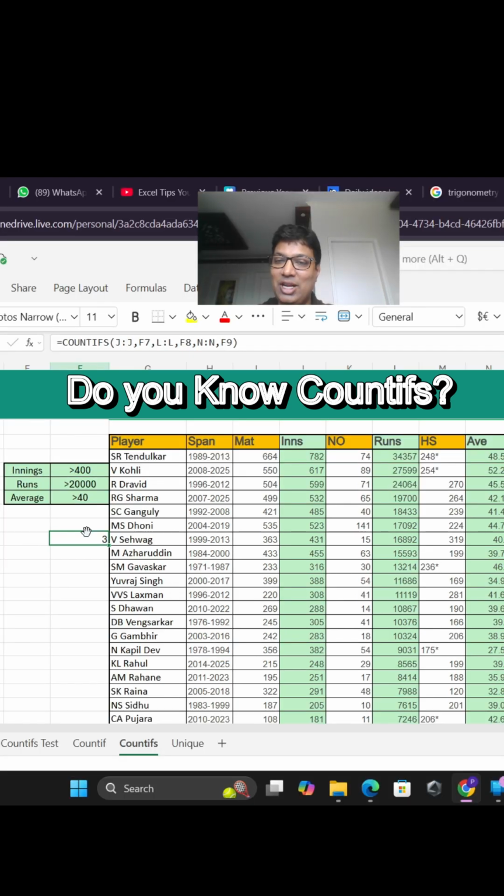And you just saw that we did the filtering, and on that basis we found 3 players who were meeting these 3 criteria. So now you